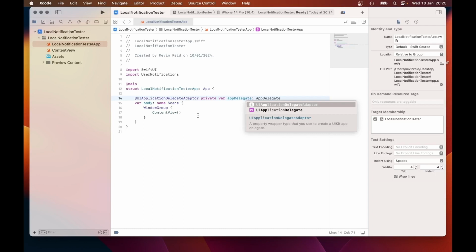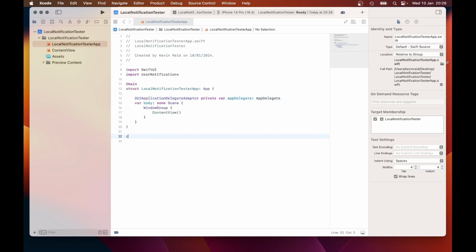And the purpose of using UIApplicationDelegateAdaptor is to incorporate a custom app delegate into the SwiftUI application so that we can use the traditional app delegate that's in UIKit. So to use the traditional app delegate that's in UIKit, we need to create a class. It's called AppDelegate. So class AppDelegate